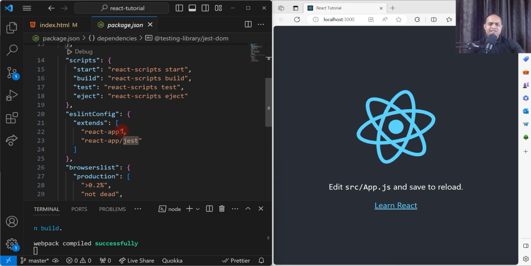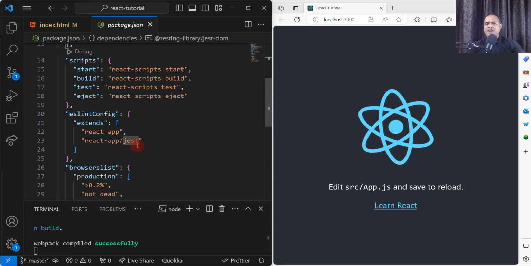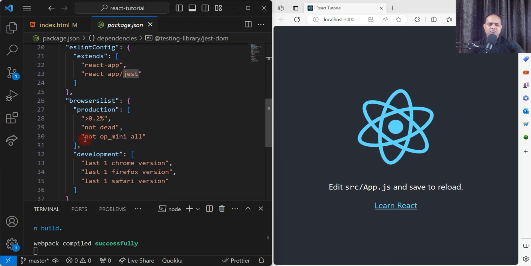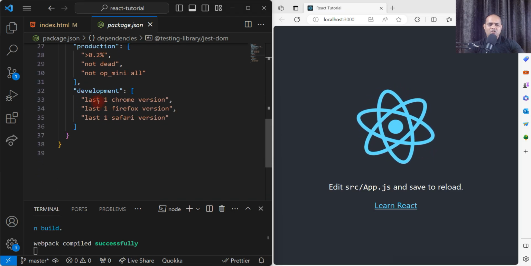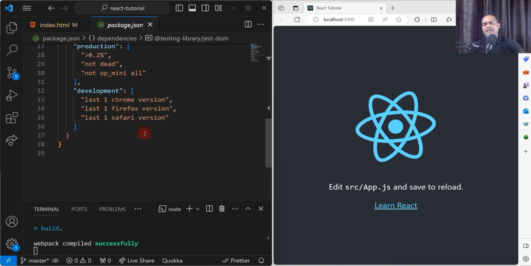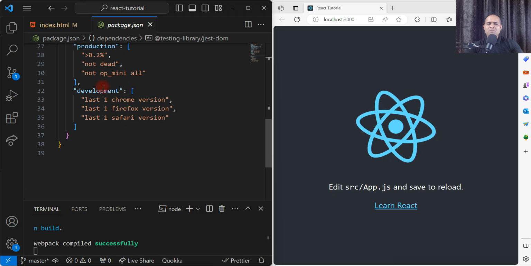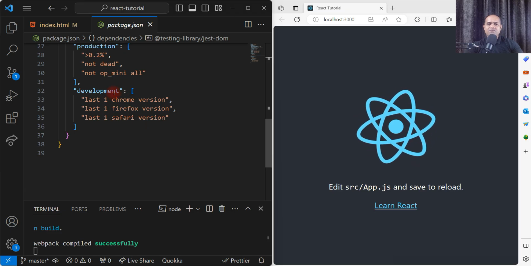Okay, there is something called the extension that we are using just for writing unit test cases, so that is also mentioned over here. Then there is browserslist over here, which says in production what environment you need, and we'll be adding a lot of other information related to our application inside this package.json file. Okay,